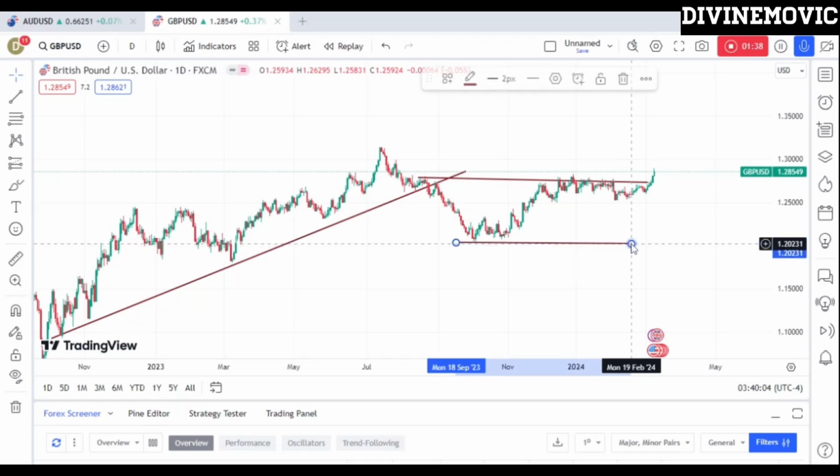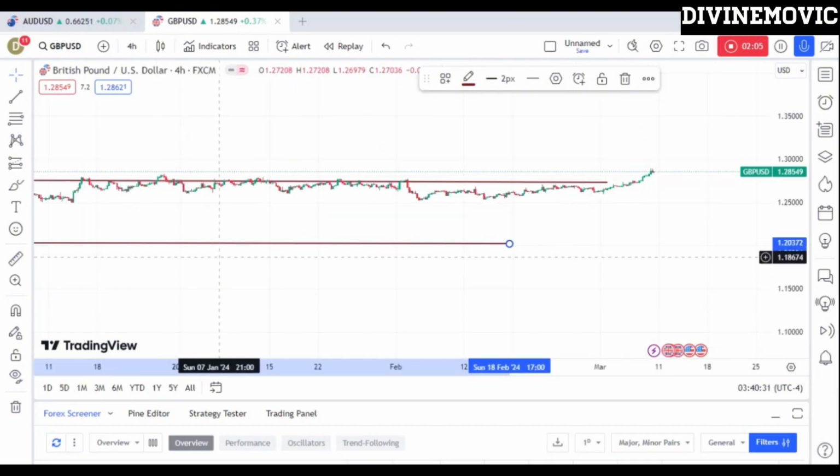We have seen that price is in an uptrend, but price is below the trend, which is giving us a bearish signal. But that's not enough information for us to decide if we're going to go bullish or bearish. The next thing is to go to the 4 hour time frame and understand the market structure and as well identify a supply or a demand zone. Now on the 4 hour time frame here,